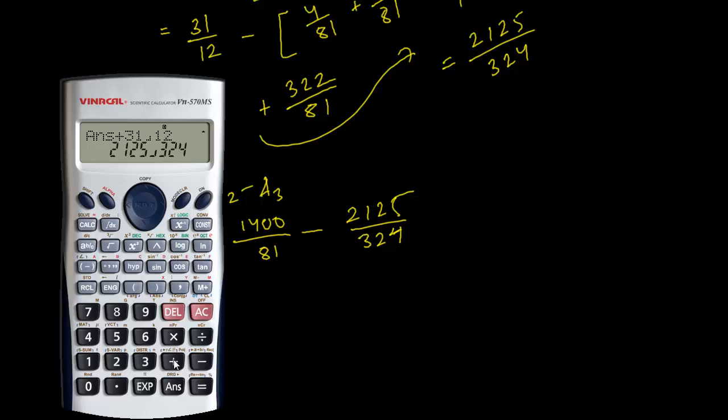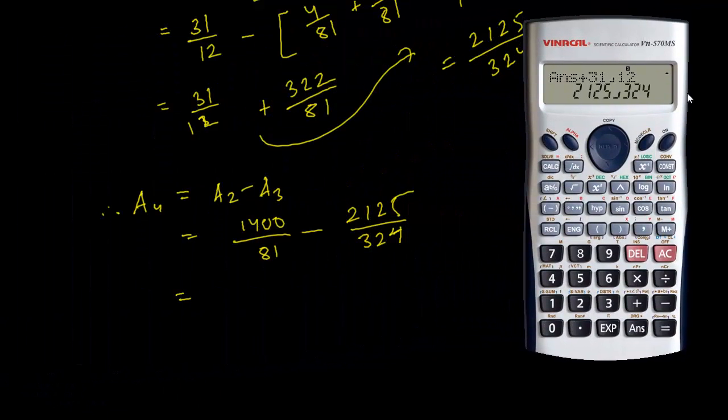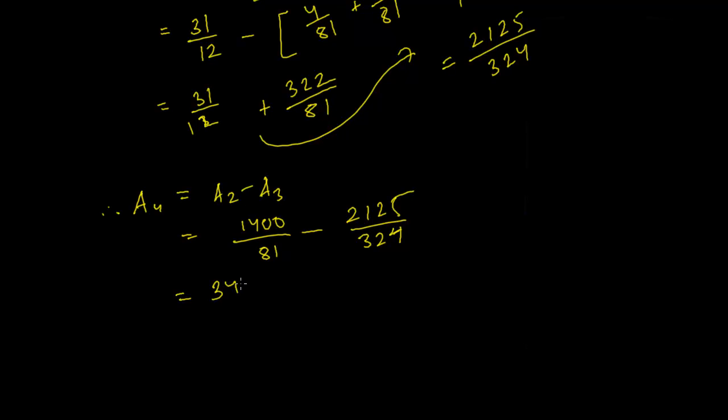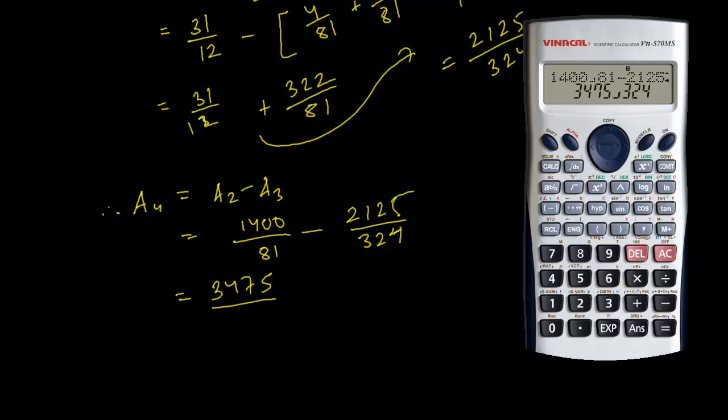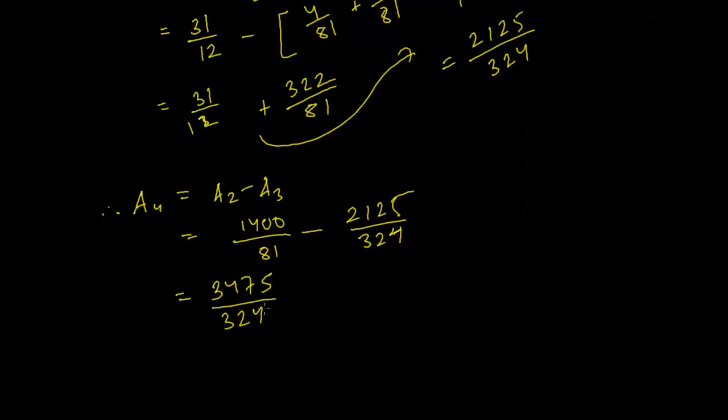So that turns out to be 1400 divided by 81 minus 2125 by 324. That turns out to be 3475 divided by 324. So therefore the final area, so area above plus area below, so area below